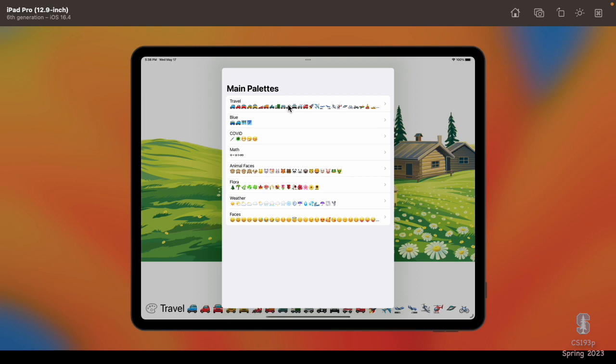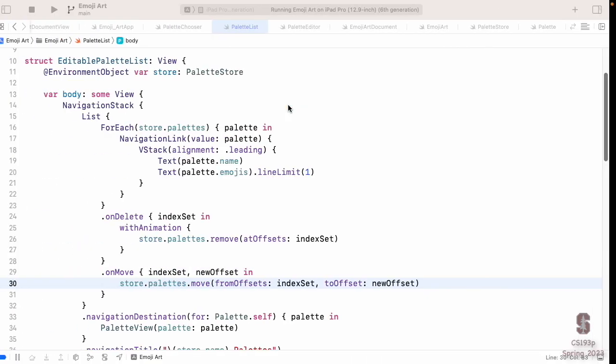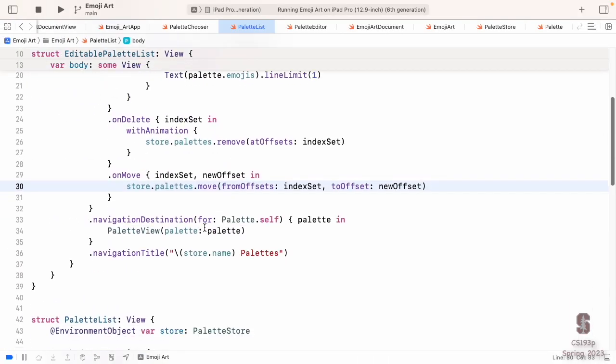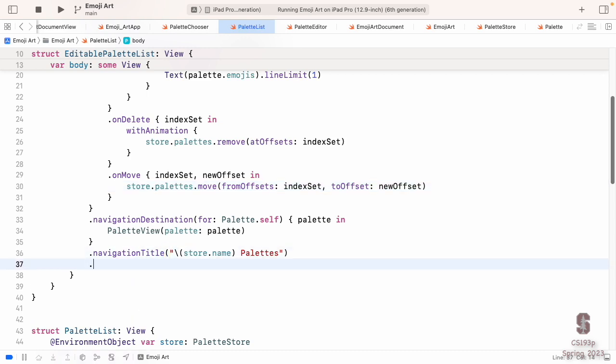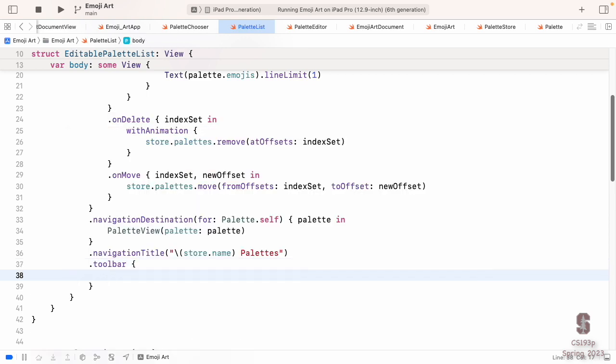What about a plus sign in the upper right to add a new one to this? Also really easy. I'm going to do that using a toolbar. So one thing that's really great about putting things in navigation stacks, and honestly, people sometimes put stuff in navigation stacks just so they get this feature, you can put toolbar buttons at the top. You can see these toolbar buttons all over the place in UI, and you can put them on other views. They don't have to be in navigation stacks, but it's a real easy way to do it if you have a navigation stack. The way you put a toolbar in there, it looks like this, dot toolbar. And you just put the buttons you want.